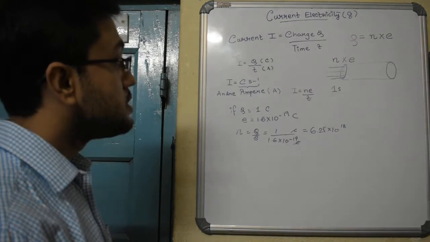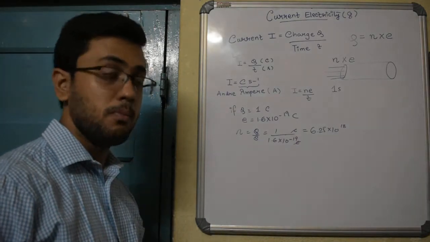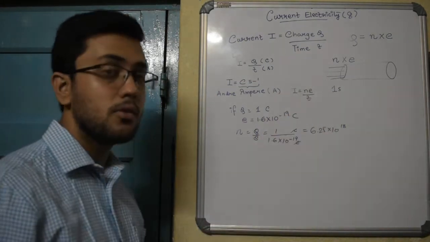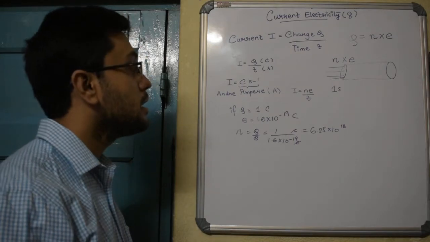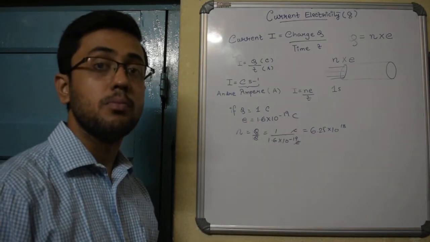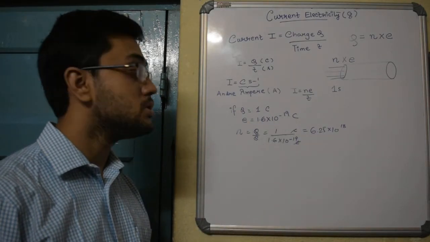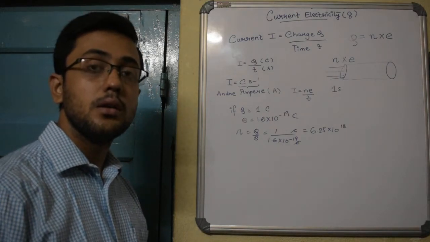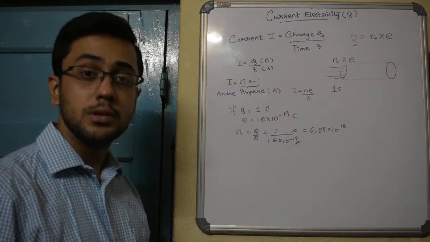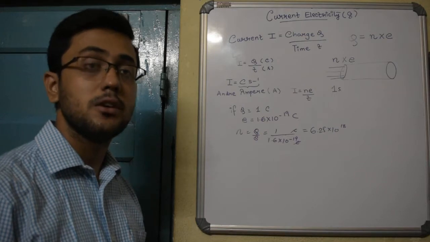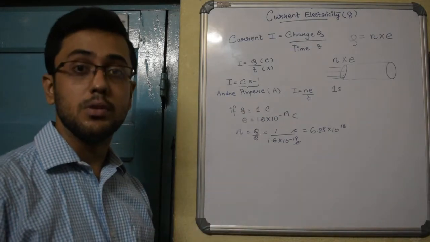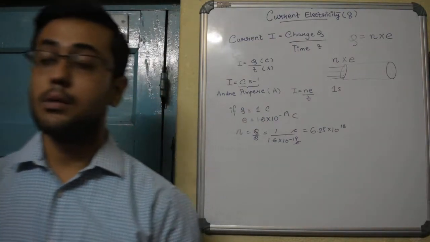So you see, just for 1 coulomb of charge to pass through a conductor with a cross sectional area of 1 meter square, that's unit cross sectional area, in unit time, this humongous number of electrons has to pass. 10 to the power 18 is the order of magnitude. So you can imagine that if you are using some instrument or appliance which is switched on for an hour or more, you can imagine how many electrons must have passed, because this is the number of electrons that pass per second just for 1 coulomb of charge. So these are unimaginably big numbers.